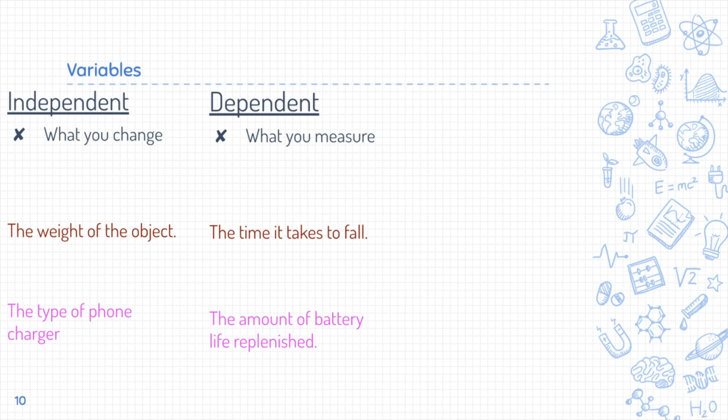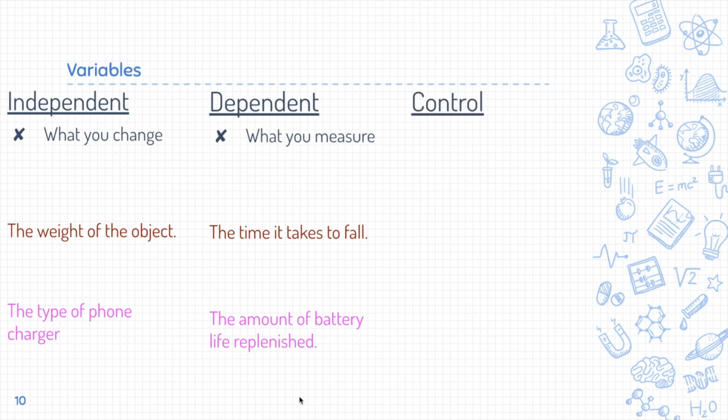That's what I'm looking for. I'm looking to see how much battery life was recovered after 10 minutes. Now, your dependent variable is called your dependent variable because it's going to depend on your independent variable. The time it takes for the object to fall is going to depend on the weight of the object. The amount of battery life that's replenished or recovered is going to depend on the type of phone charger that